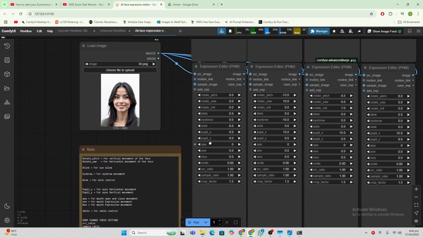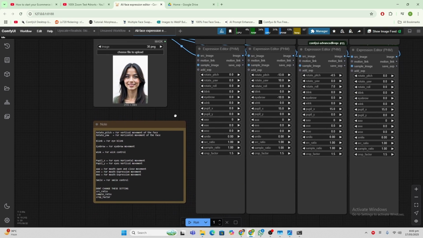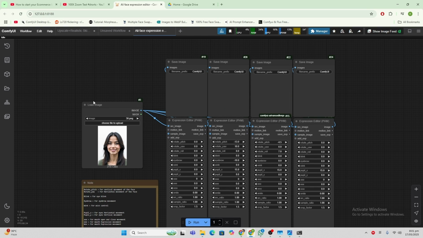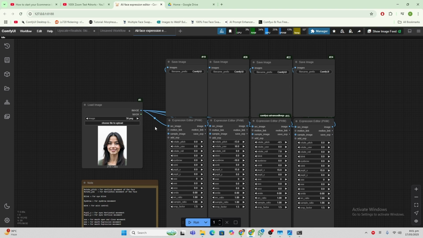First of all, I didn't add the download node or anything over here, because it's a super duper easy workflow, super simple workflow. You just have to get that workflow and drag and drop it here. You will get some custom node issue. Just download those missing custom nodes from here, and then you will be good to run this.